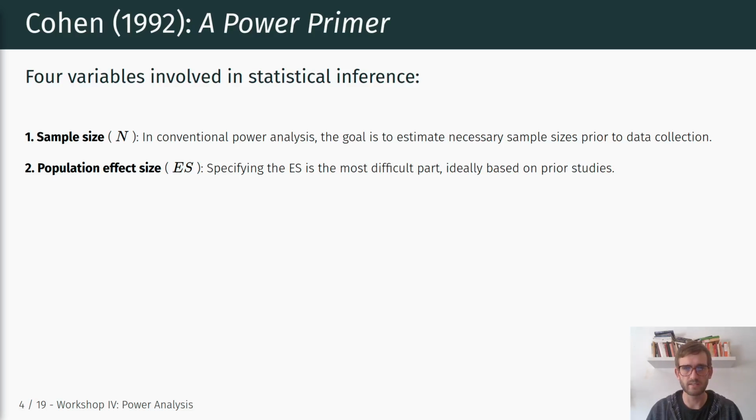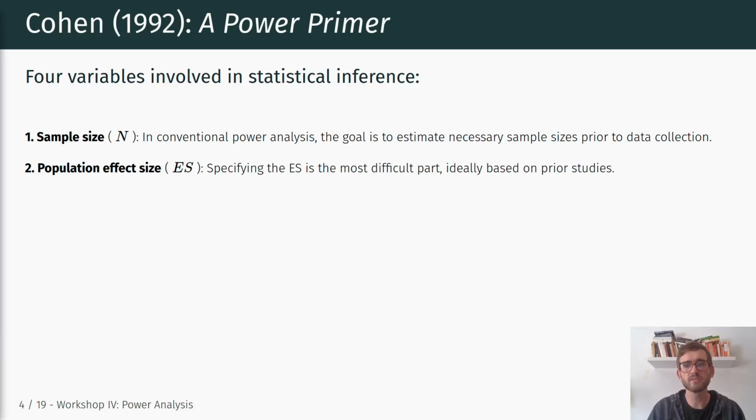The second component that is part of this relationship is the population effect size, and that's the true effect size that is the goal of our inference, right? That's ultimately the effect that we're trying to estimate and that we're trying to make an inference about. And in specifying this population effect size, we have to make an assumption about what this true effect would be in order to make a judgment as to what the statistical power is to recover this effect given a specific sample size, right? So specifying this population effect size is the most difficult part in any power analysis, because it essentially requires us to either rely on prior studies or previous published research or prior knowledge to assume reasonable effect sizes and then compute power based on those effect size